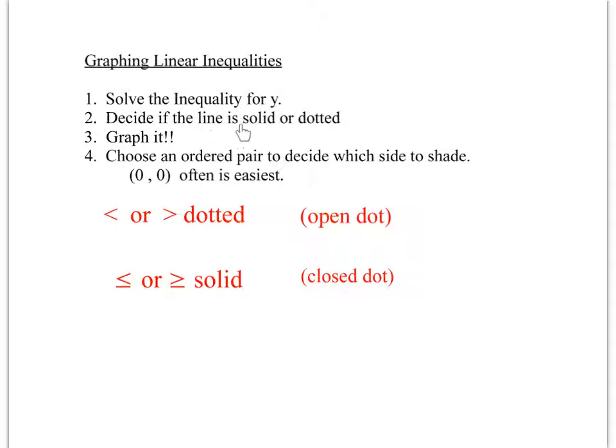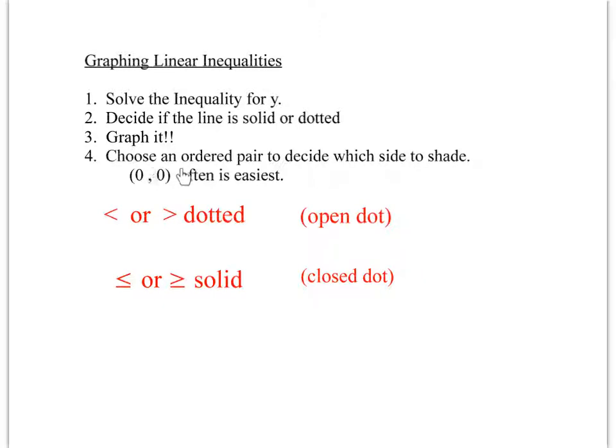Decide if the line is solid or dotted, and then you look down here. It's a dotted line if we have less than or greater than. It's like an open dot. If it's less than or equal to, or greater than or equal to, it's like a closed dot. That's a solid line. Okay, so we decide the line is solid or dotted, then we graph the line, and